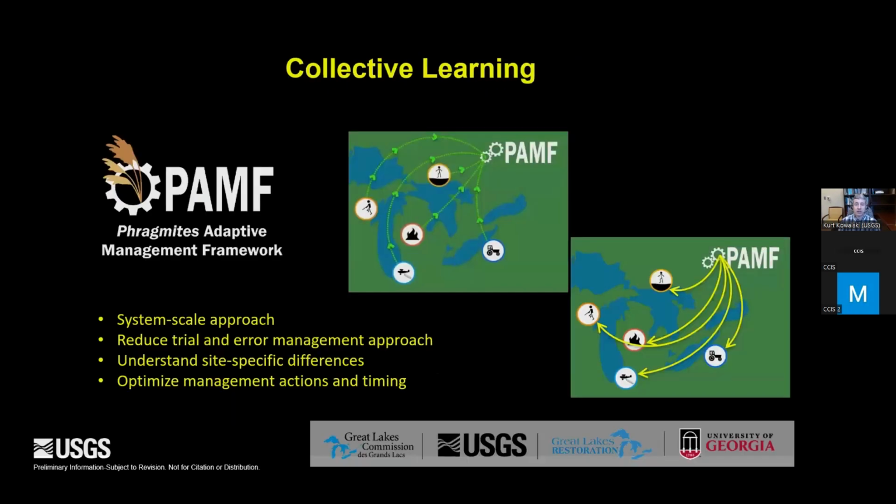best to use, because there are best management practice, or BMP, guides out there, but for the most part they're based on expert opinion and don't have a lot of data to help guide and refine those recommendations. So that helped us stand up this program called PAMF, the Phragmites Adaptive Management Framework, as an outshoot of the Phragmites Collaborative. This is really a system scale effort that is intended to learn from all the individual actions on the landscape. People do actions to apply some of those management combinations, and then they collect information. They report that information back to a model. The model then makes recommendations back to the user, the manager,